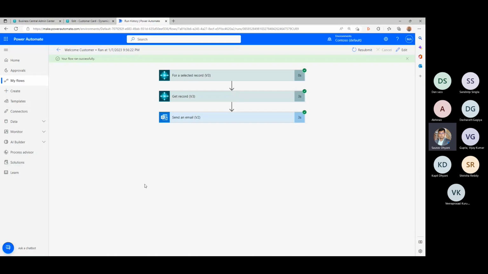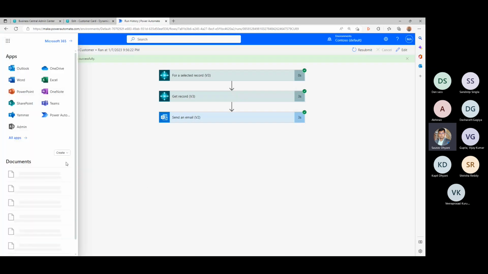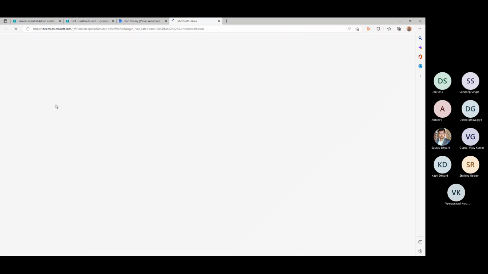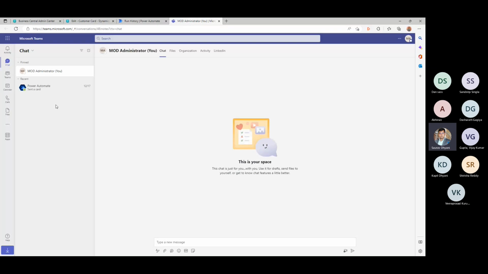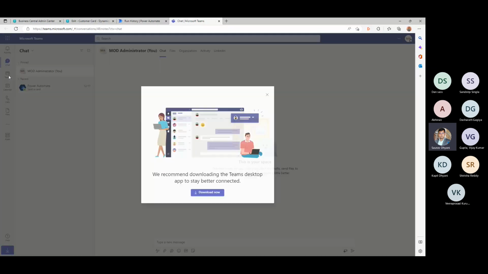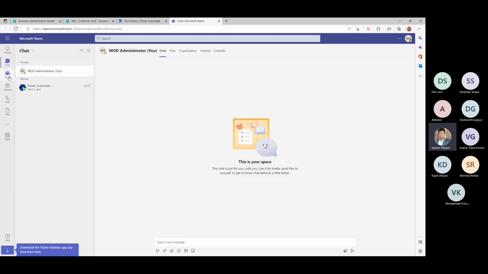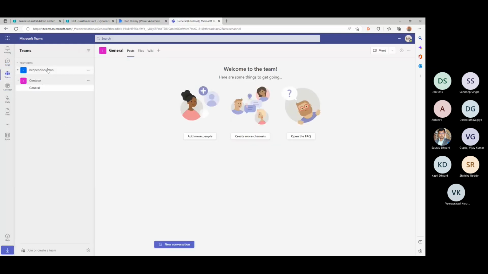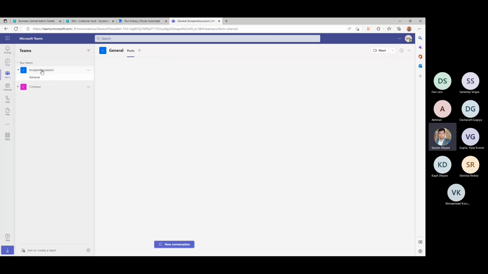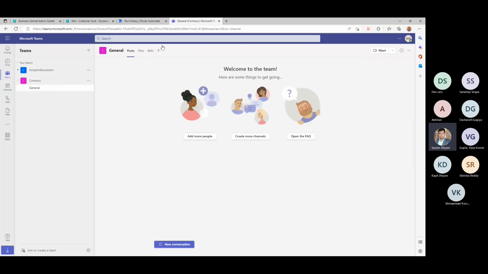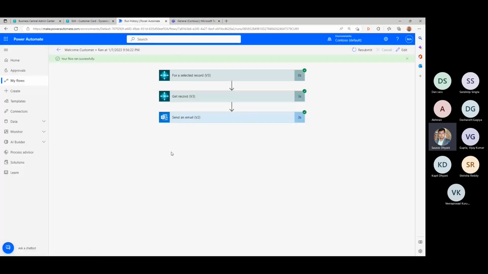But whenever we get a new customer, we also, let's say, create a Teams channel for them in our Teams so that the internal team knows about it and we are able to maintain all their documentation in our Teams channel. We have two major teams here. One is BC Open Discussion, and one is Discount also, which is the standard one. So let's modify our flow.